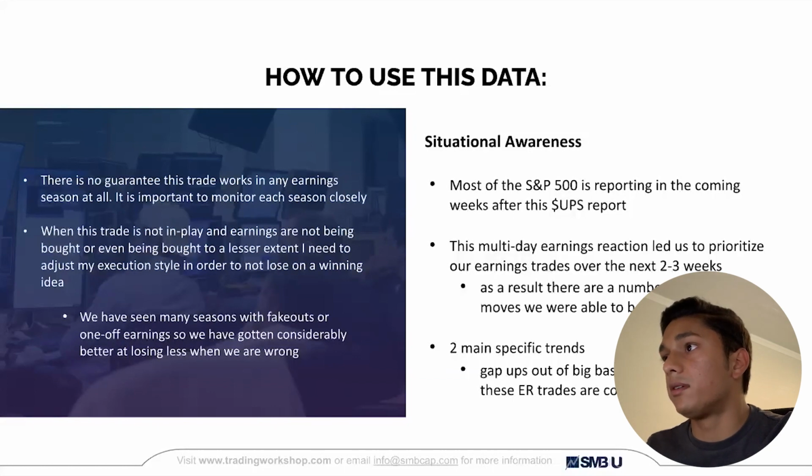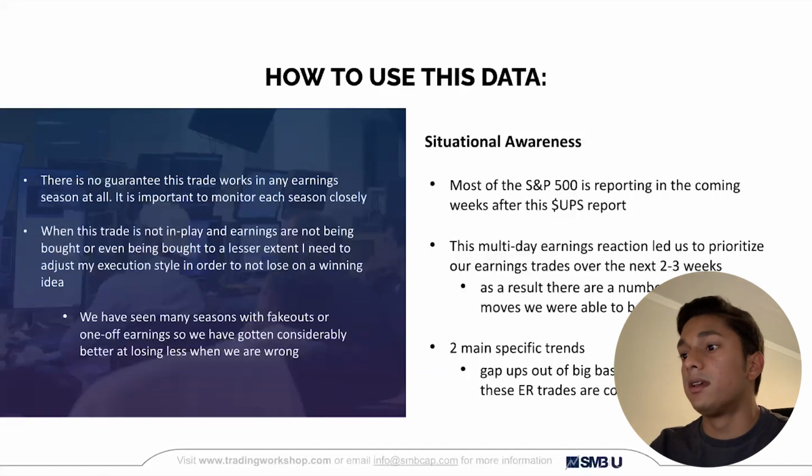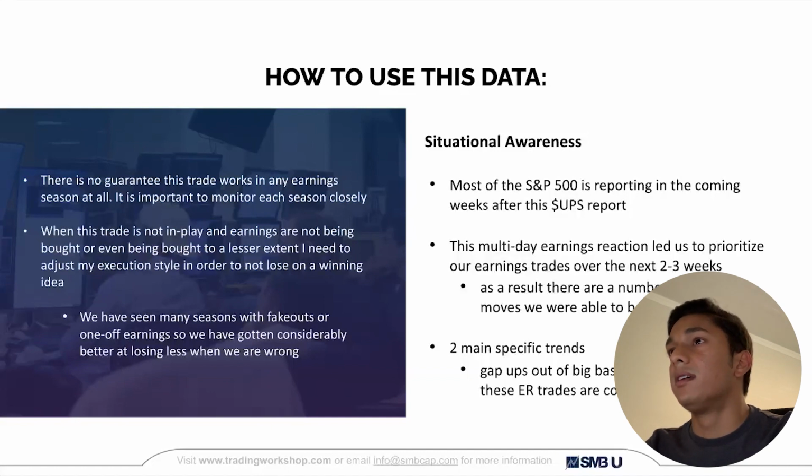Or the earnings would look like they were about to have a day one move, make a really strong move off the open, and then go to a lesser extent intraday. And so that's where we realized we have to be adjusting our execution styles. But when we found this earnings trade to be actually bought by the general market, it would play out with stuff like this, where we get a catalyst or a single name that makes us look back at these earnings and say, okay, this could be a trade that actually plays out